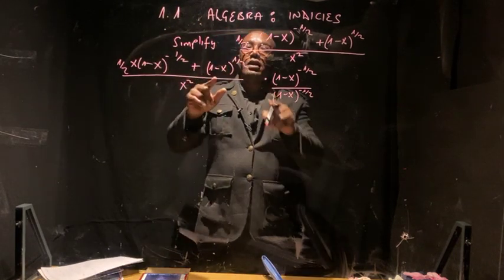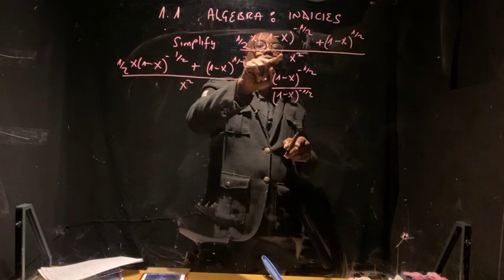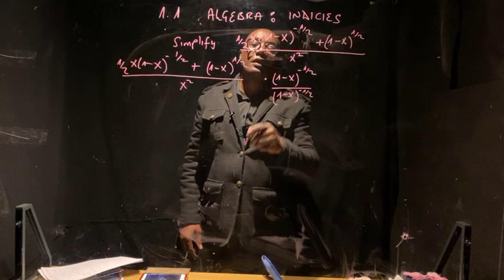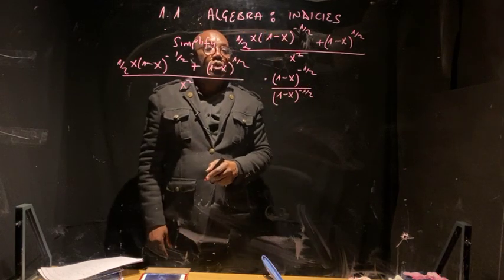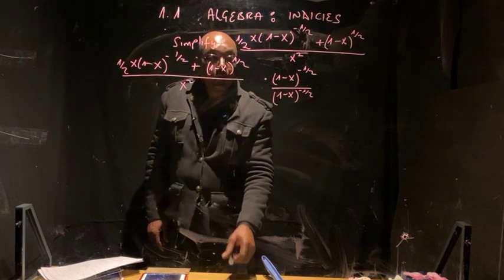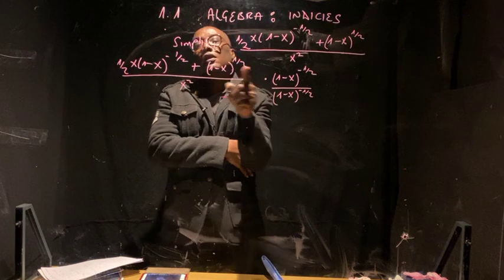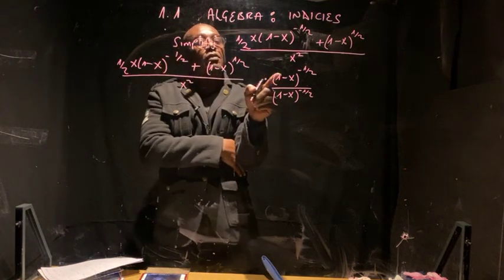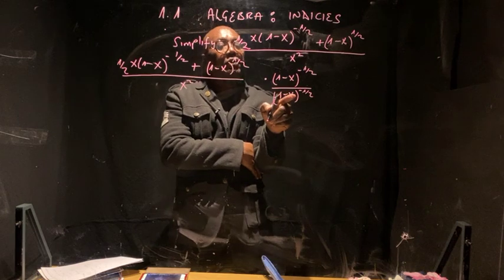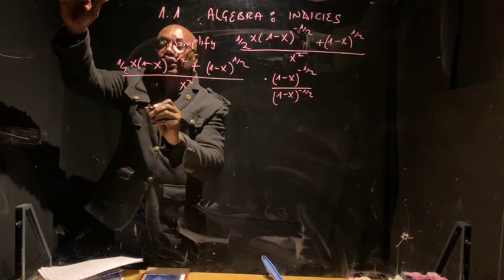You see, this equation is no different from the one above. By any means, this one and this one can cancel. What I will do is multiply this one to this term and multiply it to this term as well. And then the denominators, I'll multiply this one to this one. So this equation becomes